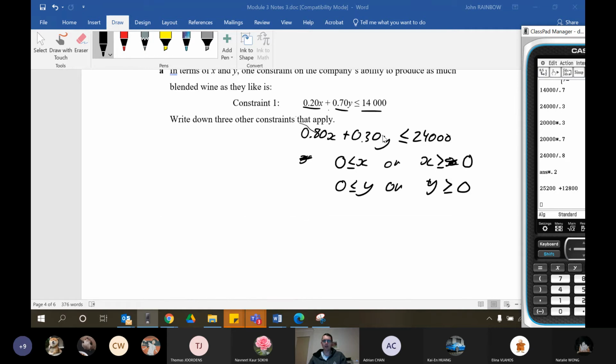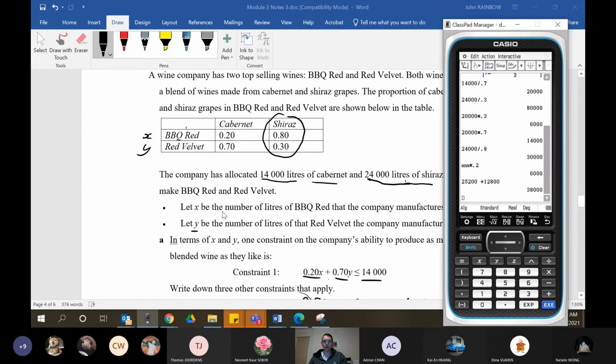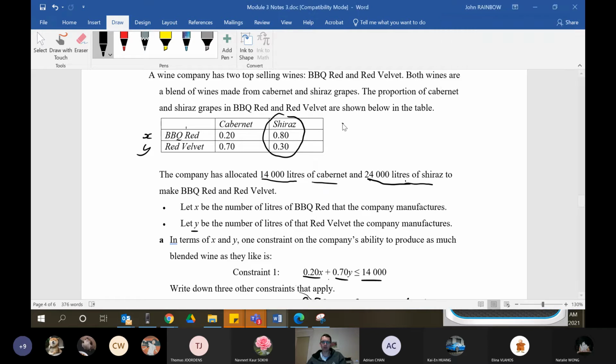Okay. So when I go up here and we look at this, we produced 28,000 of barbecue red. We can actually look at how much you would use on there, and you'd find you'd use all your liters up. So if we did 25,000 of these,